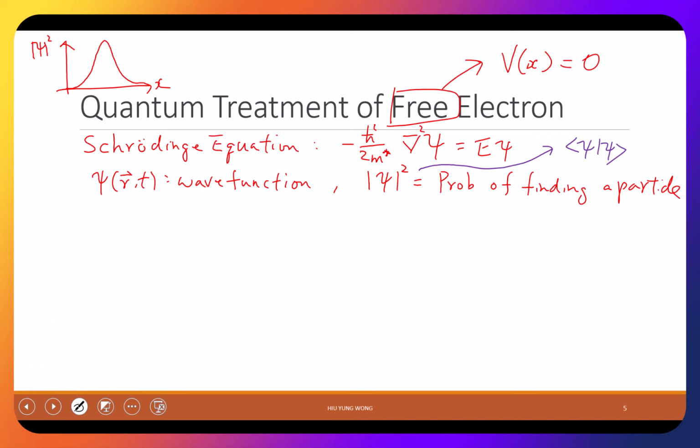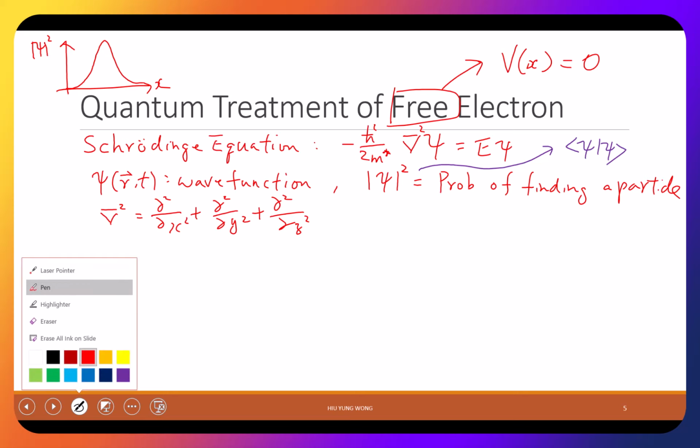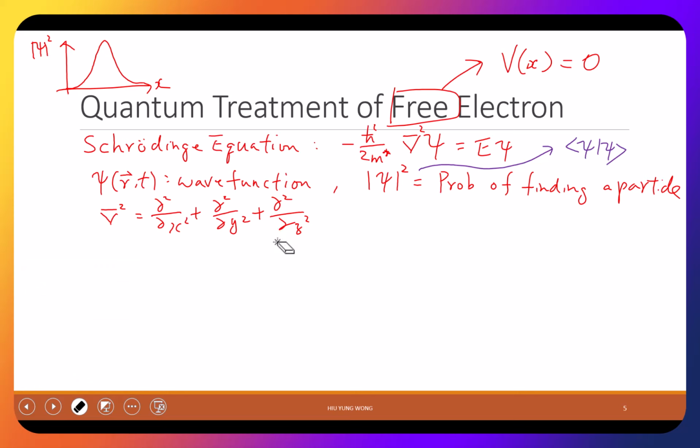It might be useful just to remind you what the meaning of del square is. This is just equal to partial square, partial x square, plus partial square, partial y square, plus partial square, partial z square. You should know this also, as EE students, because you use this in your EM class. You learned all this before. But just to remind you, no need to memorize, just to remind you that you have this for those who are interested.